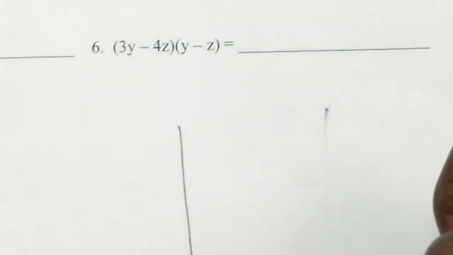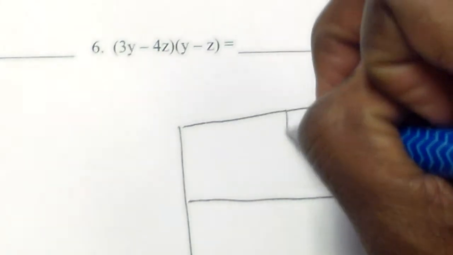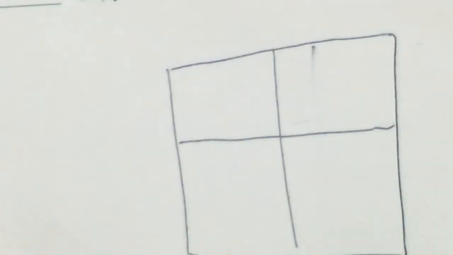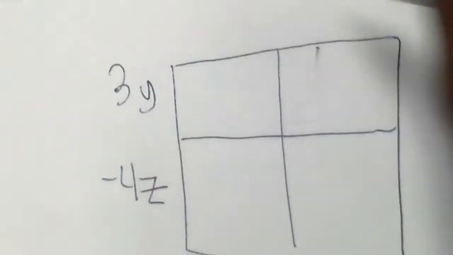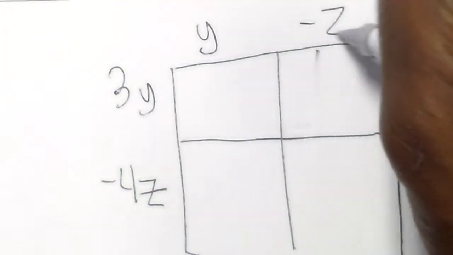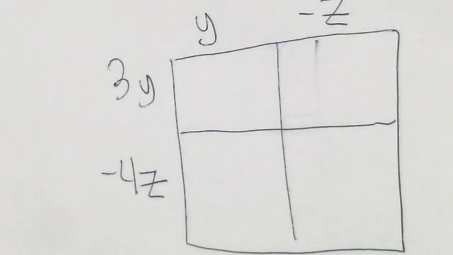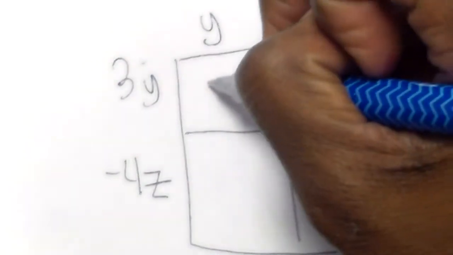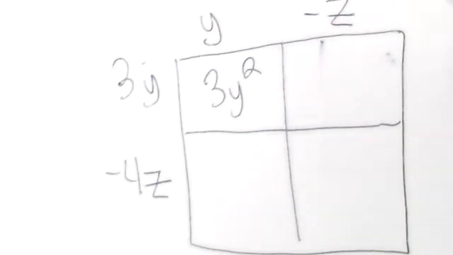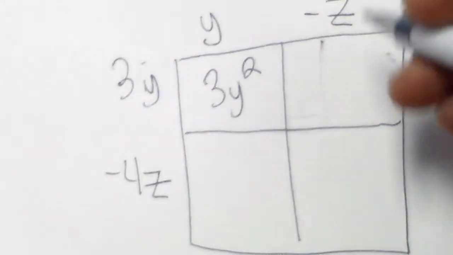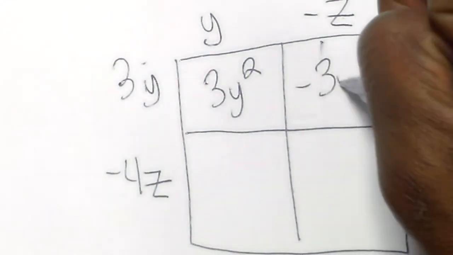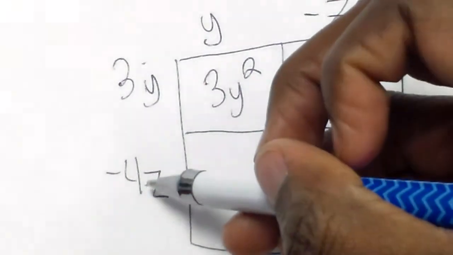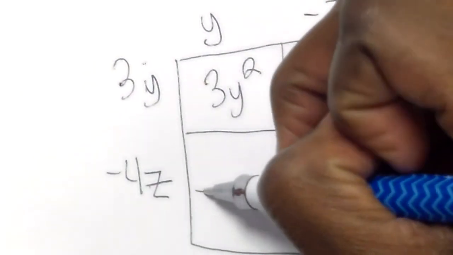Draw your window pane. I'm going to label it. We have 3y right here, negative 4z right here. At the top we have y and a negative z. We're going to multiply 3y times y, we get 3y squared. 3y times negative z, and we get negative 3yz. Negative 4z and y gives us negative